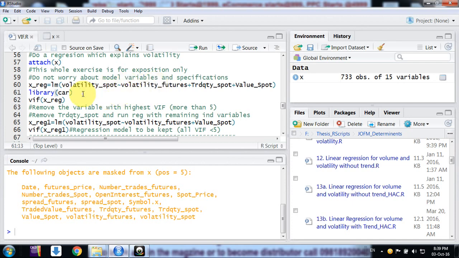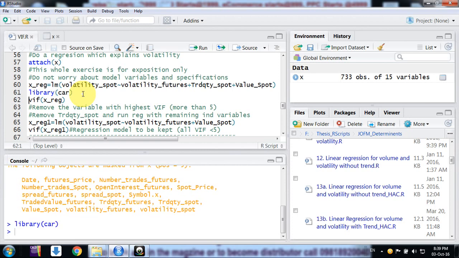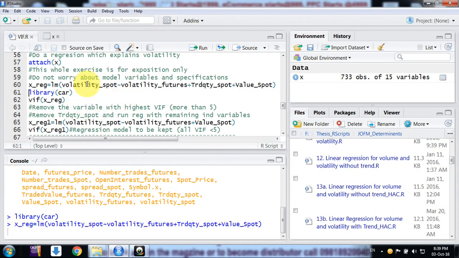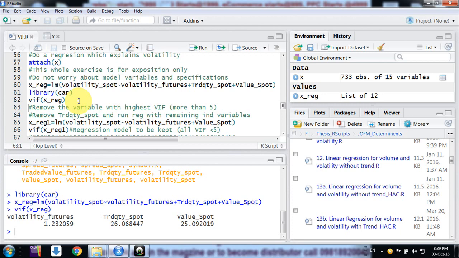And I have just taken a package in R for VIF computation. So what will I do? I would just make some regression. In this regression, I will compute VIF for each independent variable. Here I am seeing friends, it's 1.23 for the first variable, 26 for the second variable, and 25 for the third variable. The threshold is 5 I have considered here. It could be more as per the literature. So the highest is 26. So what do I need to do here? I need to remove the variable that has the highest VIF, 26. So I will remove that and I will rerun the regression.